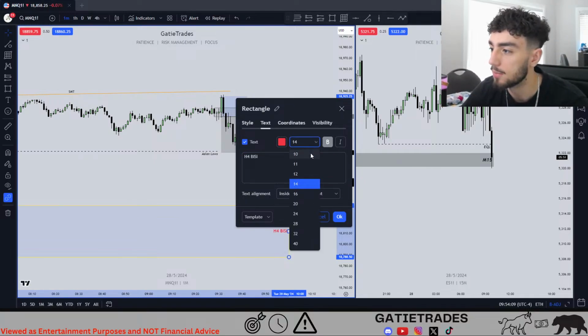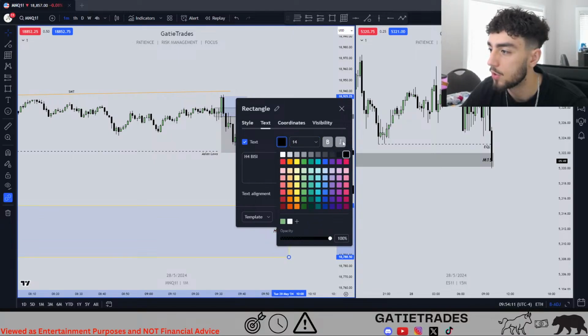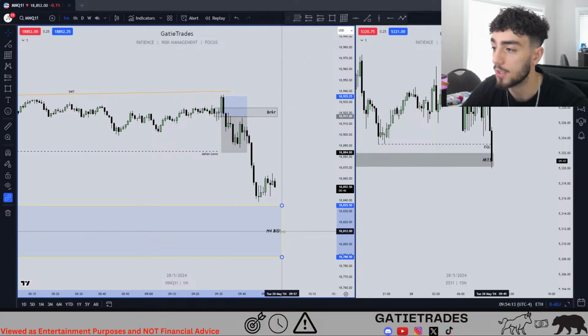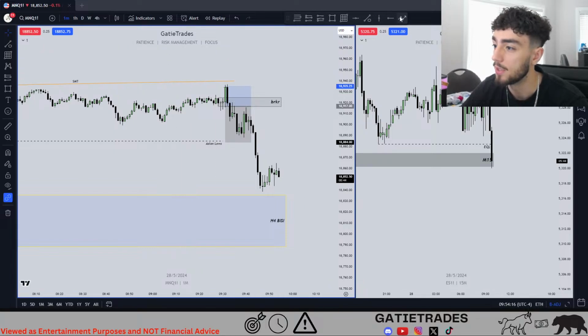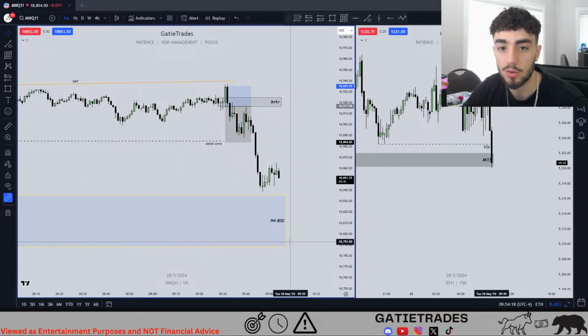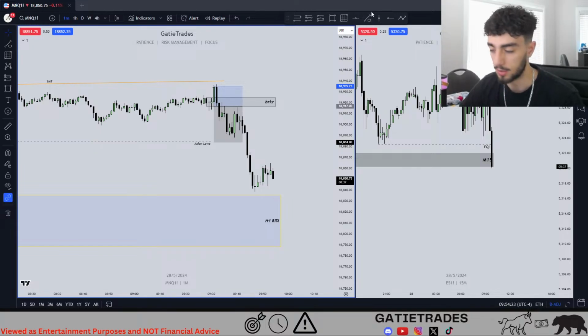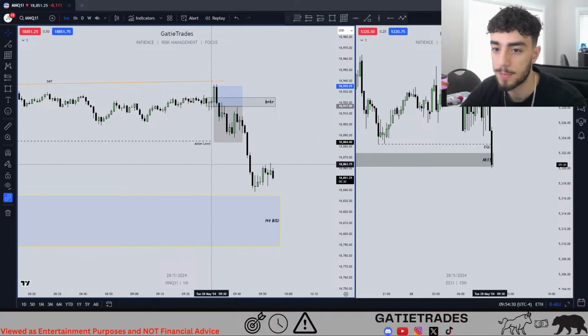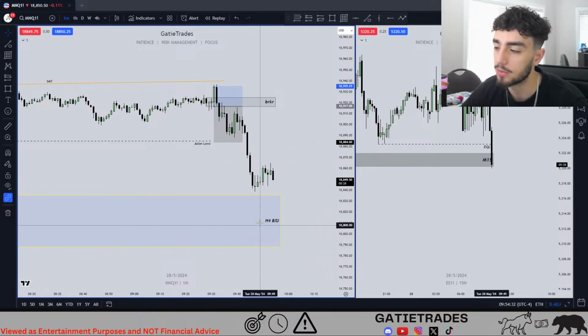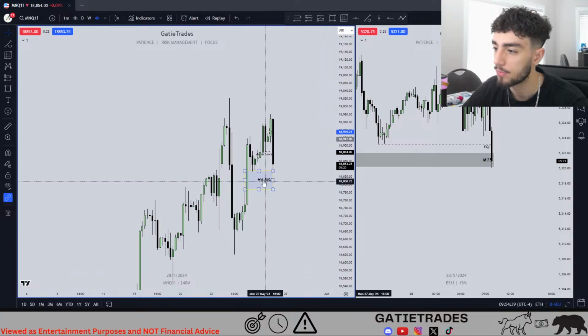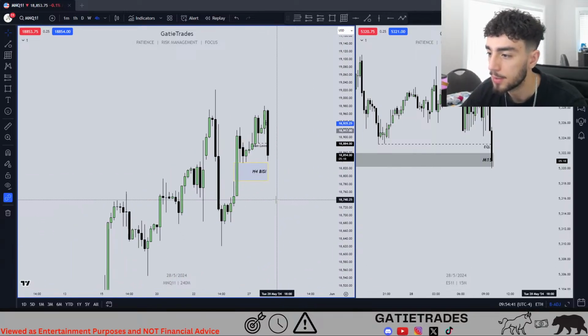I'm expecting Tuesday to be the low of the week. If not, then Wednesday. So I'm bullish for the weekly. I'm expecting us to manipulate lower at the beginning of the week, which is what we're doing right now. Bias for today, well, I was bearish in this session. Does that answer your question? I'm expecting price to come down here, and then from there, I'm expecting a reaction higher. But that's not easy to say.